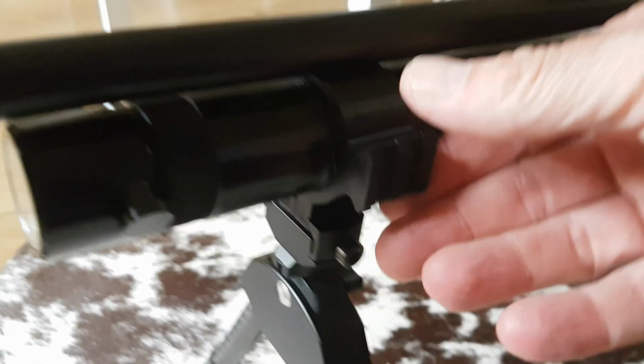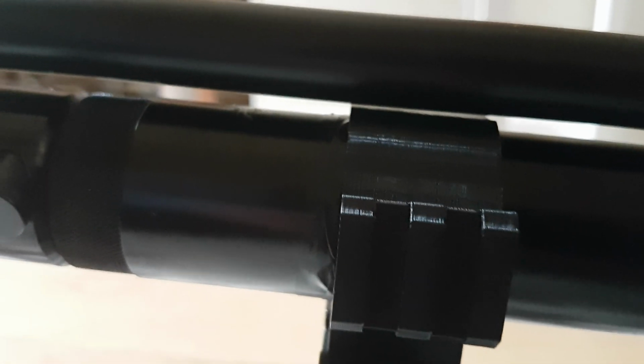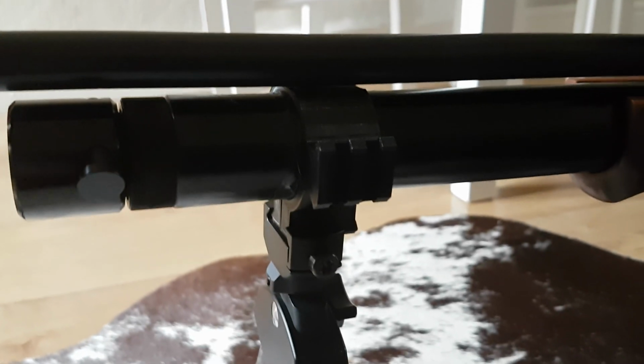And fair dues, it's a really good way of fixing them on. I'll try and show it anyway. You've still got clearance, so it doesn't interfere with the free floating barrel. So you've still got clearance there between the barrel and the top of the mount thing, and it's a really clever way